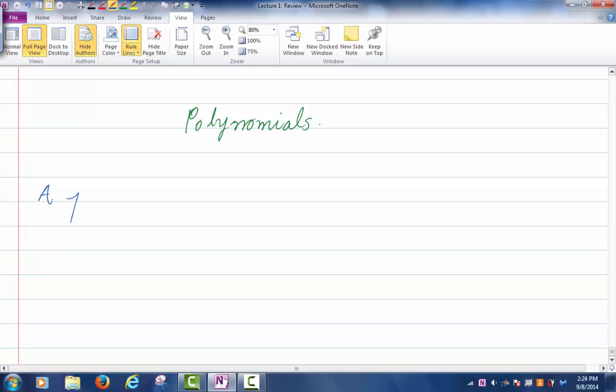A polynomial is an expression of the form